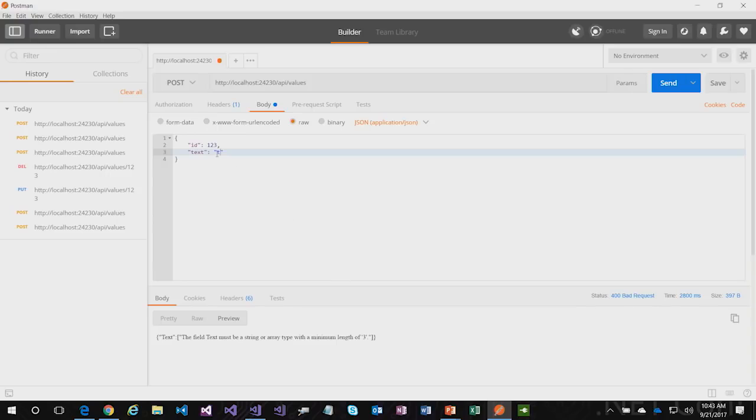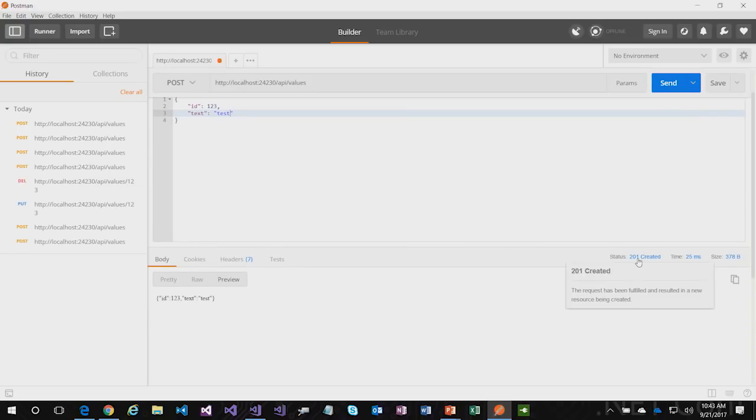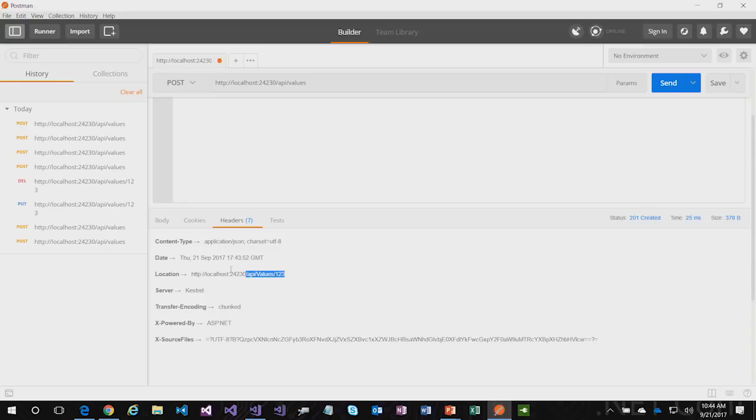All right. If I put the correct value in here now, like something that's longer than 3 characters, let's see what happens. Let's send that. OK, we got a 201 created response. That was created at action result, which took care of setting the right status code. And it returned a formatted representation of the thing that was created. And if I look at the headers, it also very nicely added a location header for me with the ID